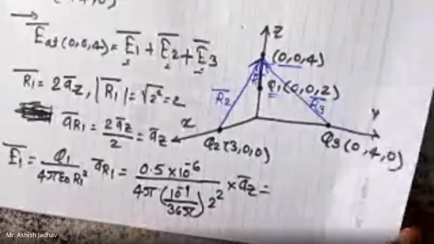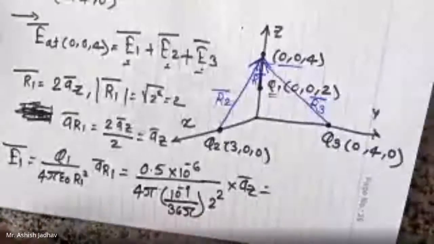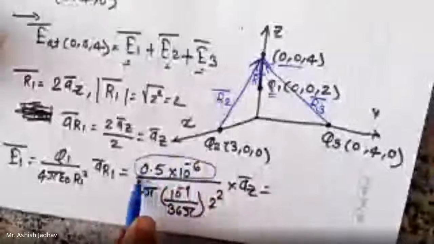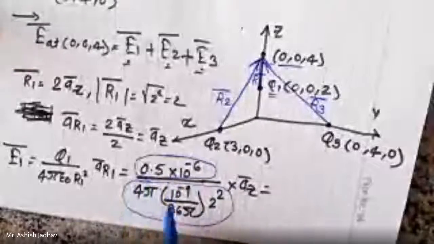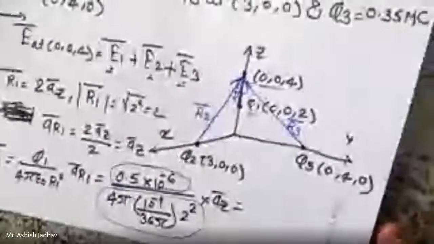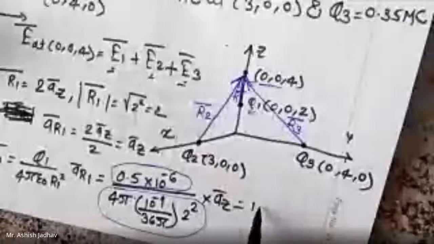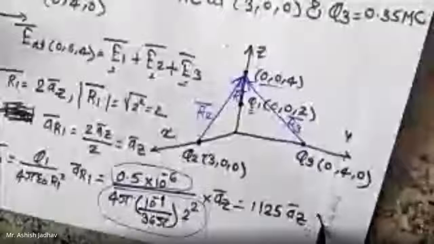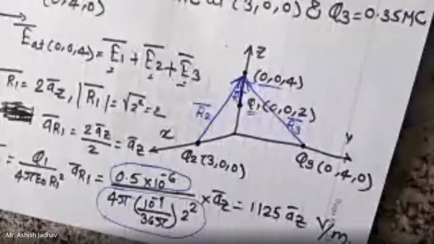So if you calculate this, if you are having calci, you can calculate this portion and this portion. You calculate this one, you calculate this one, get it divided and tell me the answer. As per my knowledge, the answer is 1125 a bar z. Verify and tell me if it is correct. Volts per meter. Yes. तेच आन्सर येत आहे का सर्वांचं? हां सर. येस सर.